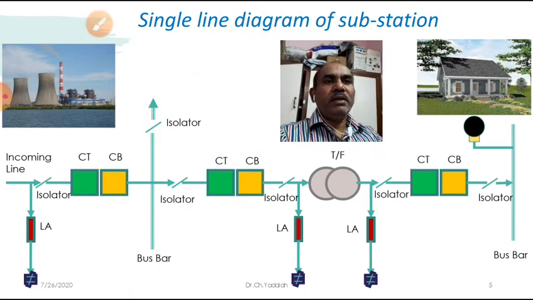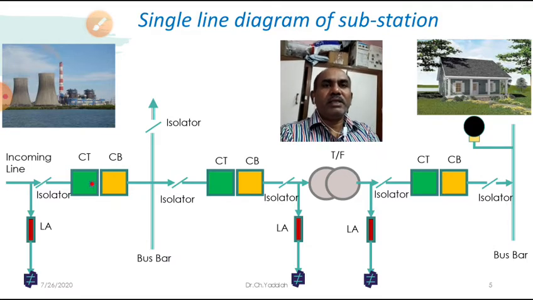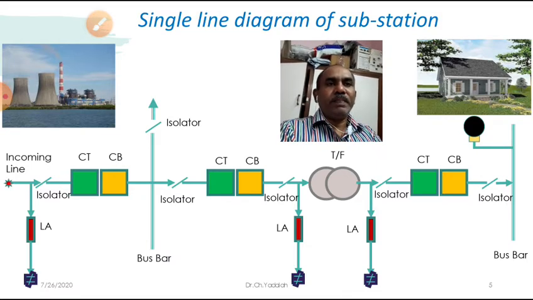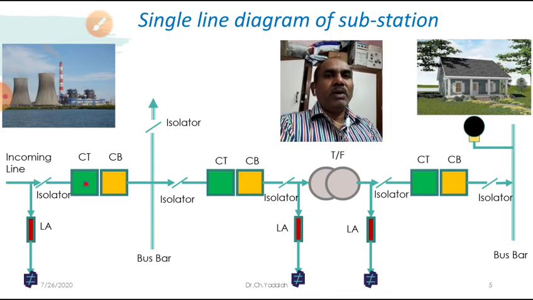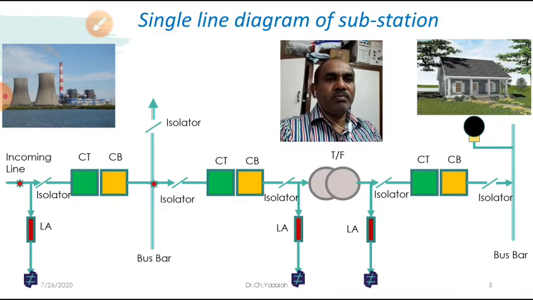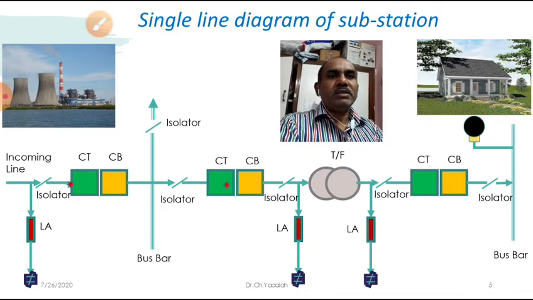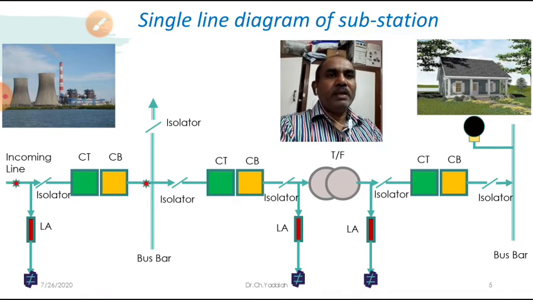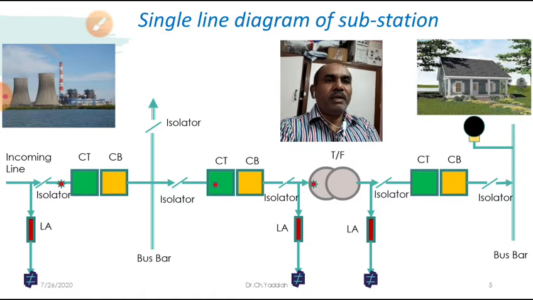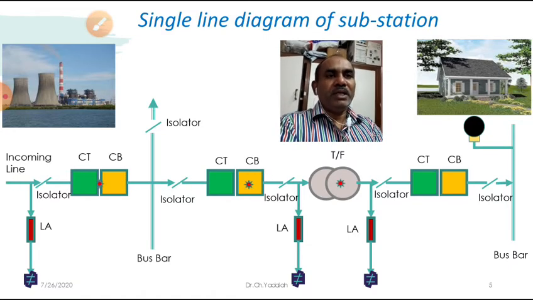Let us see here the incoming supply. The current is coming up to the circuit breaker, which is now in the open position. Whatever the incoming voltage, it is stopped at the circuit breaker. Now the circuit breaker is closed, then it goes to the next stage, the bus bar as well as the next circuit breaker. Once again I close the circuit breaker, then it goes to the primary of the transformer, PTR.